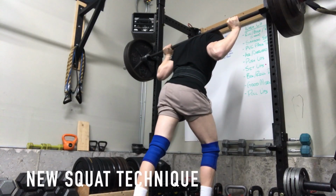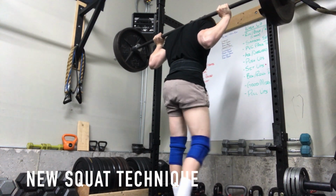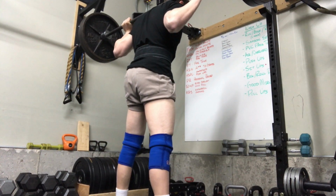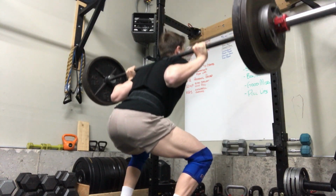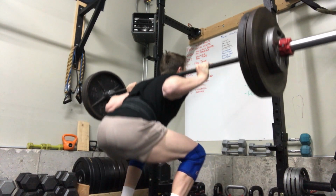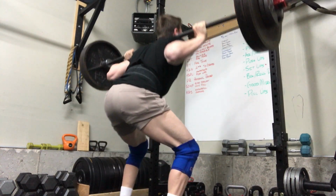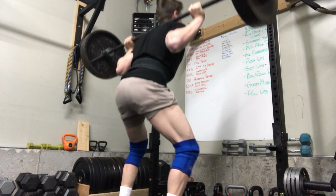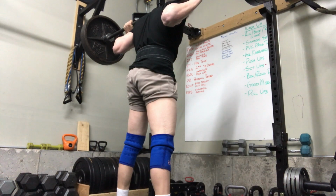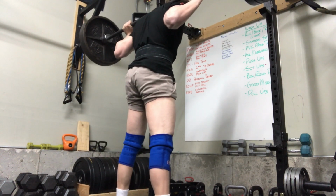But I also did change how I squat, because for hypertrophy, I've noticed that I haven't been squatting correctly. Because I have such long legs and a short torso, my body tends to bend over and fold over and do a good morning and rely a lot on my hip extensor muscles to muscle the weight up. And while that's not necessarily wrong for powerlifting, in hypertrophy, since the goal is to maximally stimulate the musculature, in this case being the quads, you can see that I'm staying a lot more upright here,